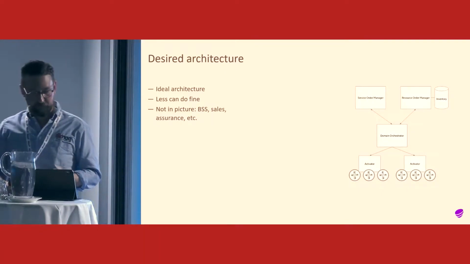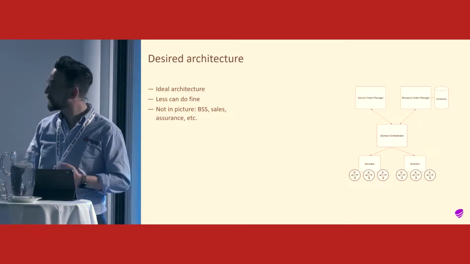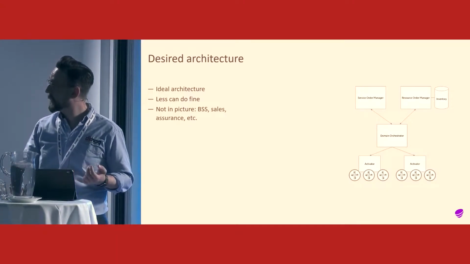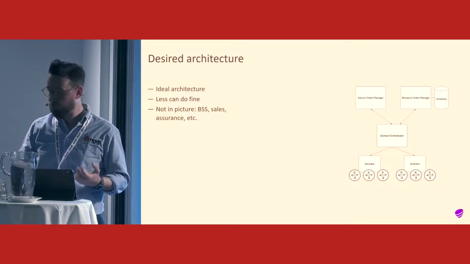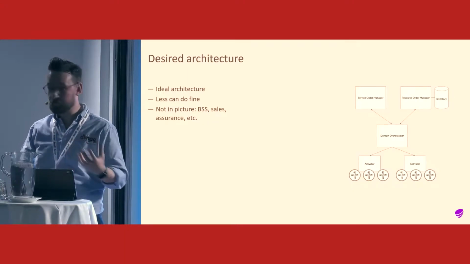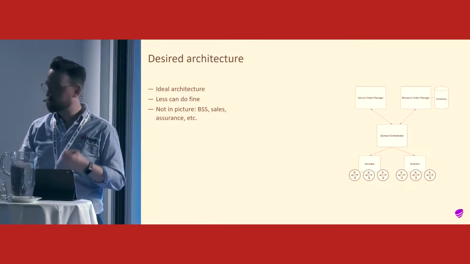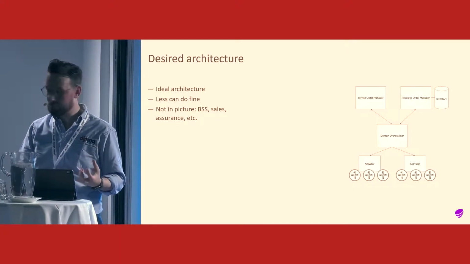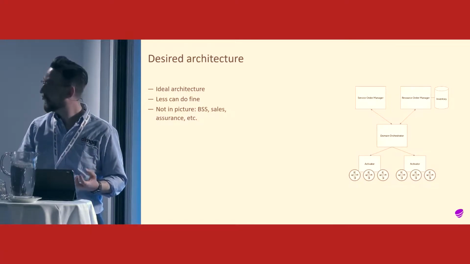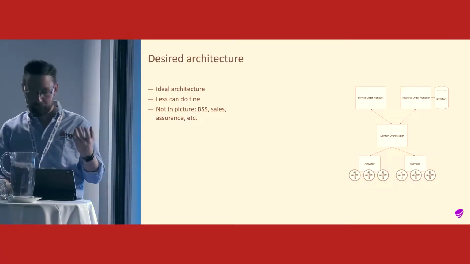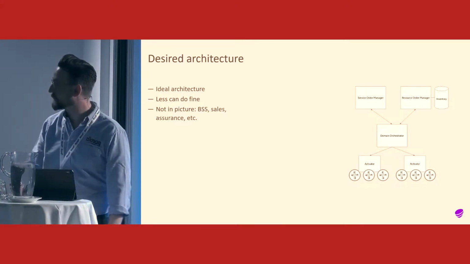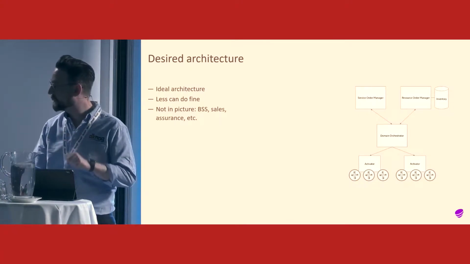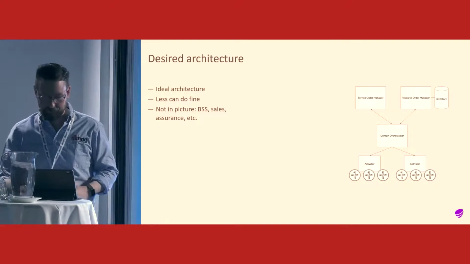Our network automation here, I've called a domain orchestrator. I'm going to use a lot of different names for this stuff. But the domain orchestrator is meant to indicate that you can have multiple automation systems depending on what kind of network you're working with. If you have, for example, I was working with the IP MPLS domain, so that would be one orchestration platform. You could also have another one for SD-WAN, for example. It's up to your service manager to direct the requests to the right domain orchestrator in order to produce the correct kind of services. Then we have various activators which are done for scaling purposes as well.